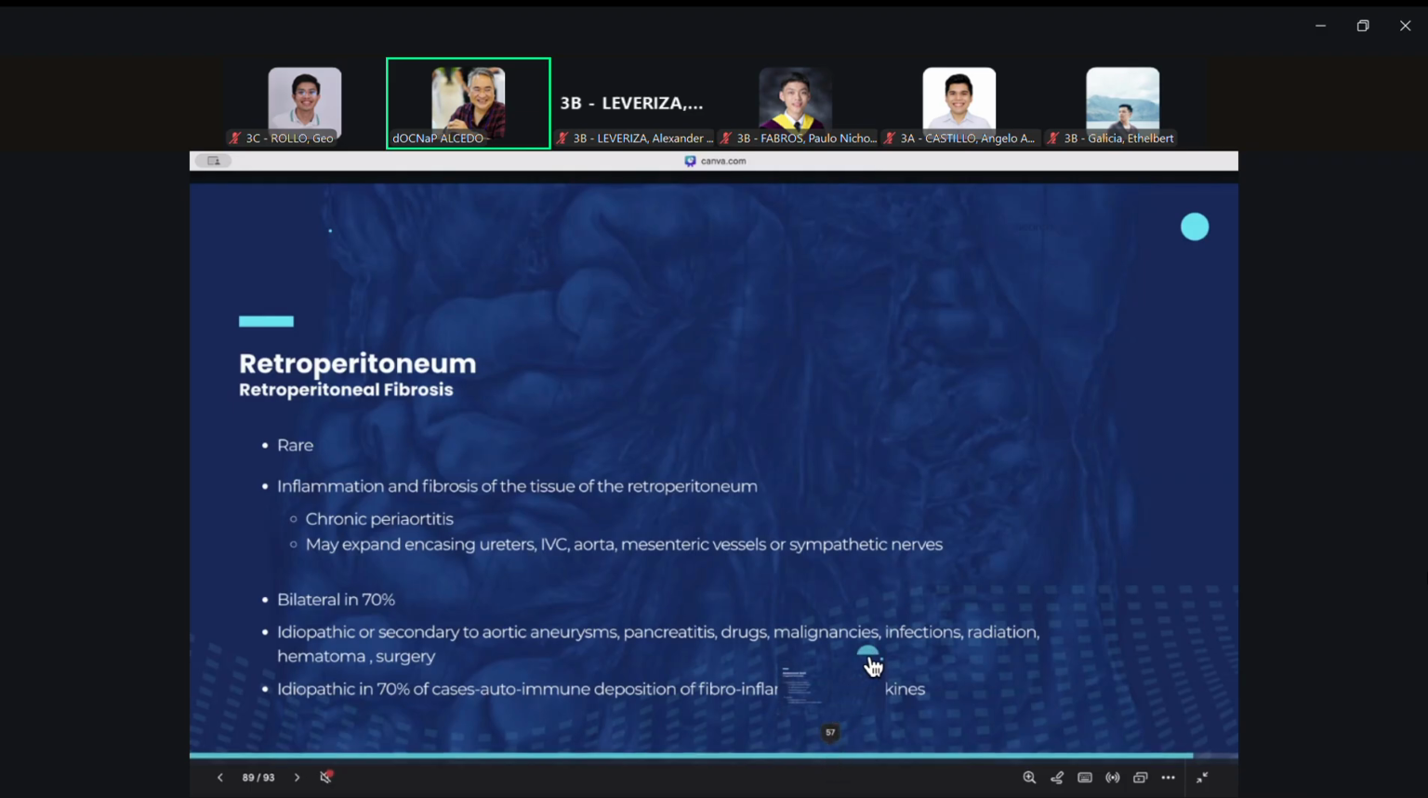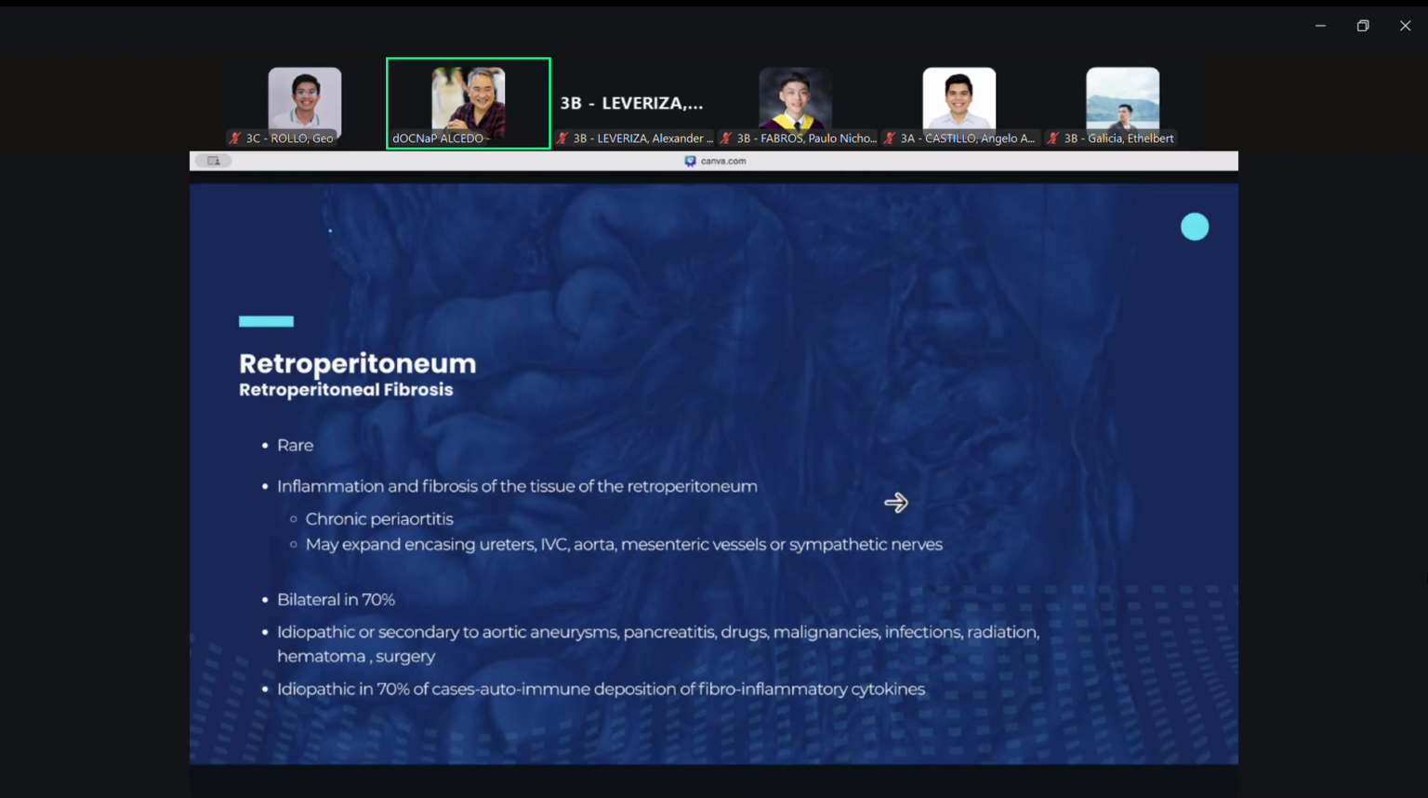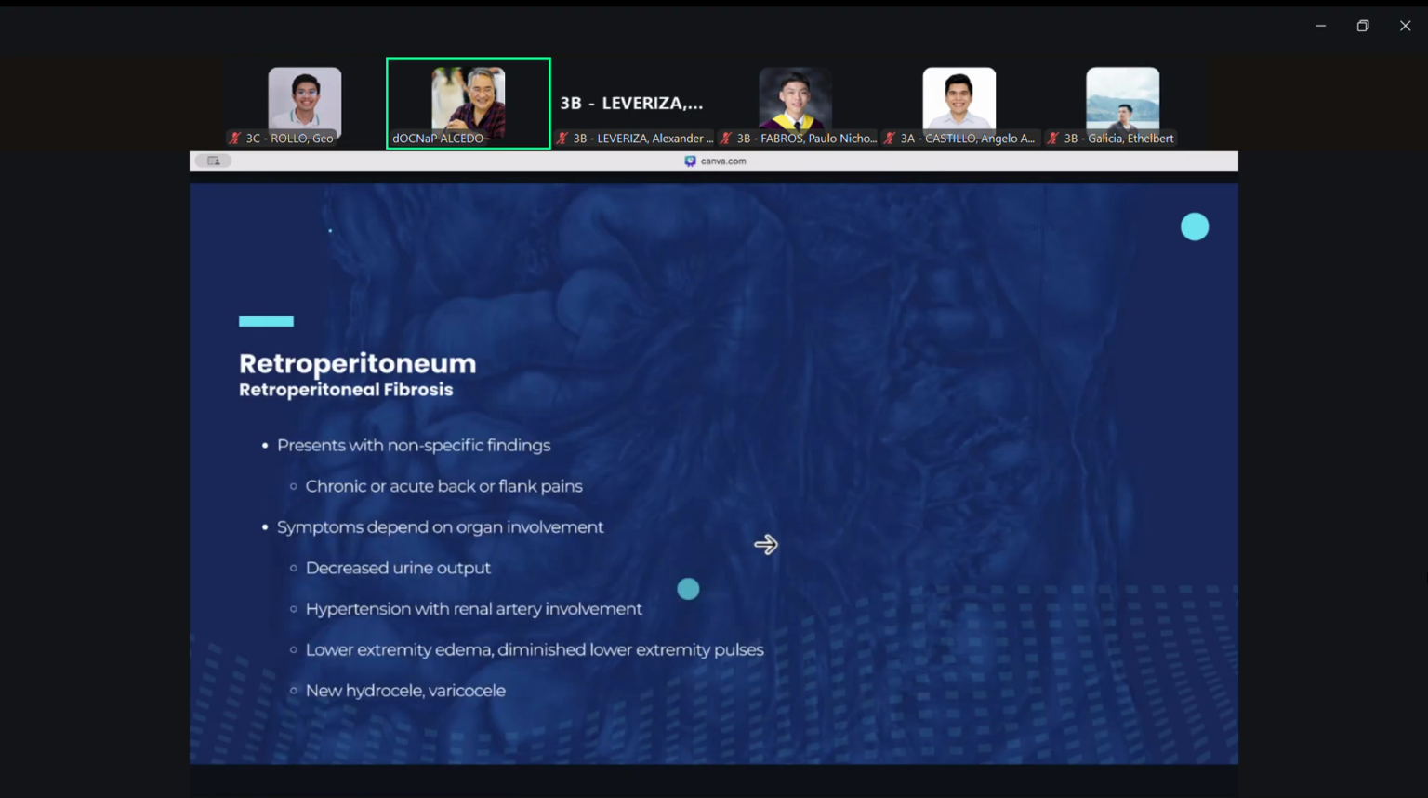So fibrosis can also happen. Okay? So these are the possible consequences, no? Chronic periaortitis. Usually it is associated with an immune disease. Okay. Non-specific findings